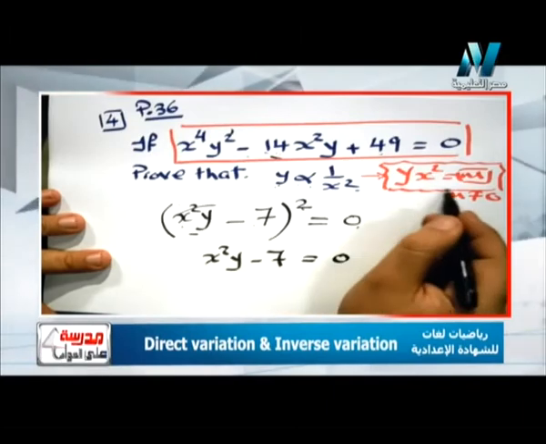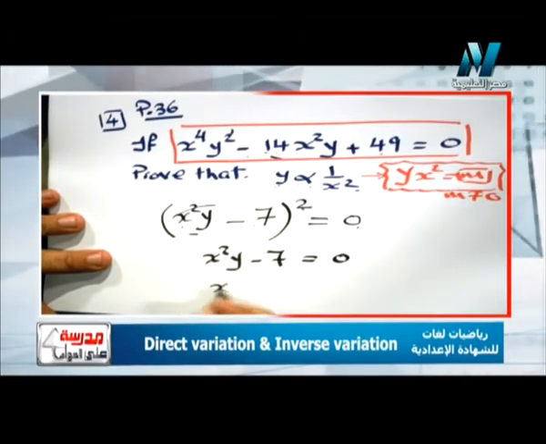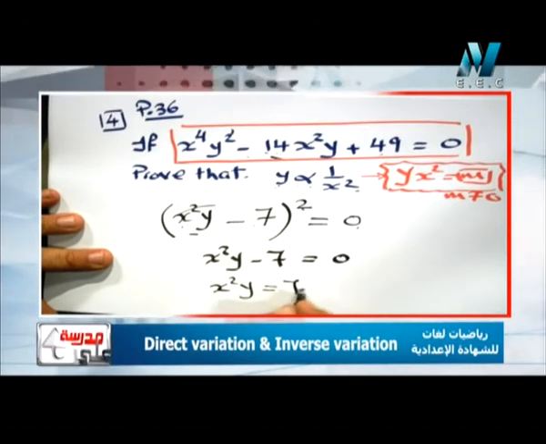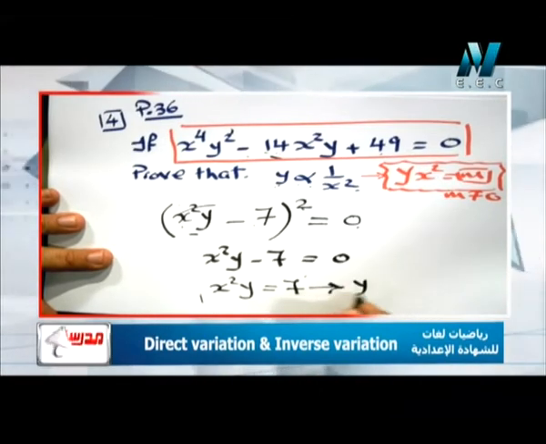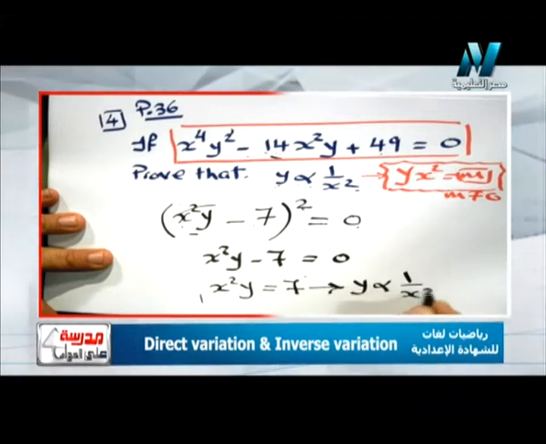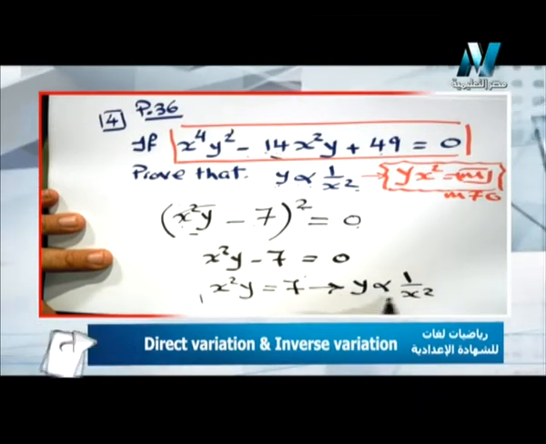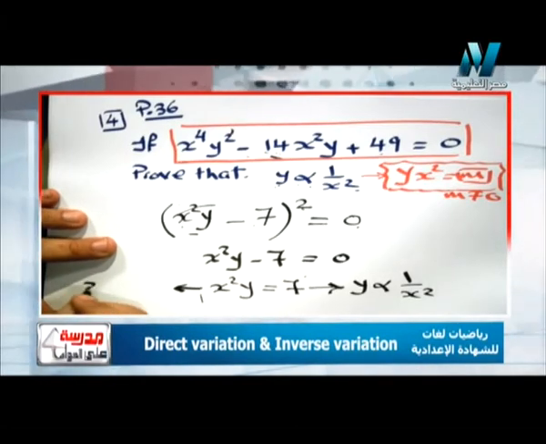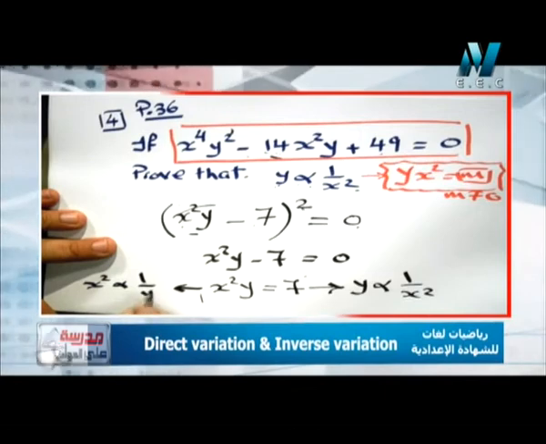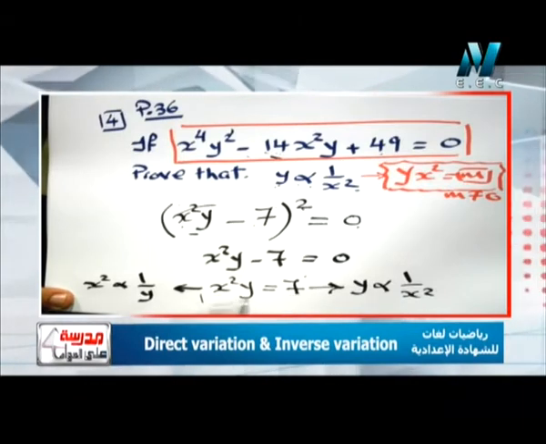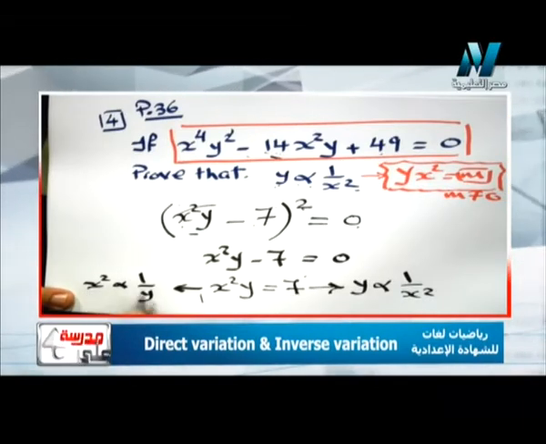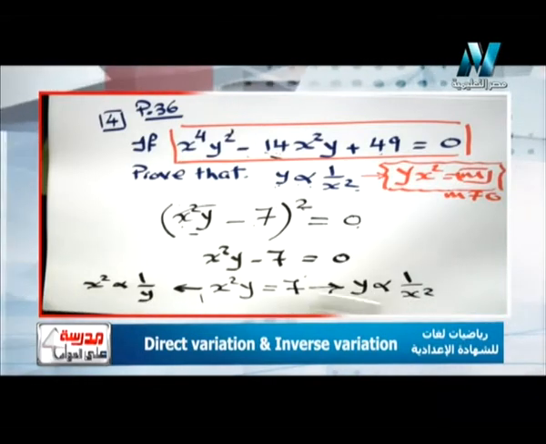طيب solve the equation. قربنا من الفورم ديت. So it's x power 2 y equals 7. الكونديشن ده معناه ايه؟ ده معناه ان y varies directly as 1 over x power 2، او معناه ان y varies inversely as x power 2، او معناه كمان ممكن اكتب كده x power 2 varies as 1 over y، صح برضو، لان product of two variables equal constant يبقى ده inverse variation. either ان انا اقول x power 2 varies as 1 over y، او اكتب ان y varies as 1 over x power 2. طيب نشوف برضو another example on the same page